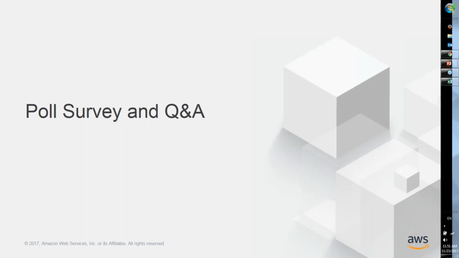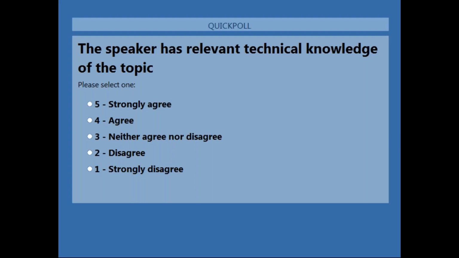Got another question. I use Elastic IP because the public IP changes as EC2 instances are stopped and started. Is that the best approach? I would talk to my solution architect about that question, because that may depend on your specific workload needs. So please reach out to your solution architect about that one.